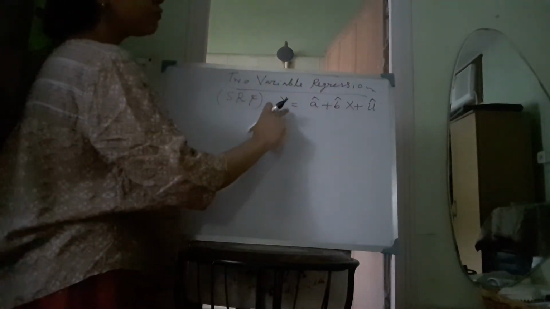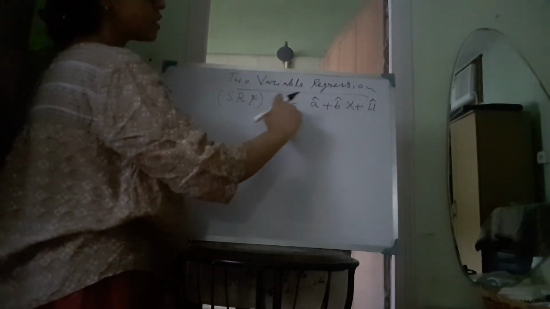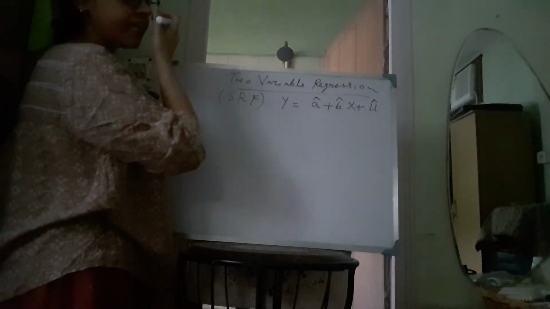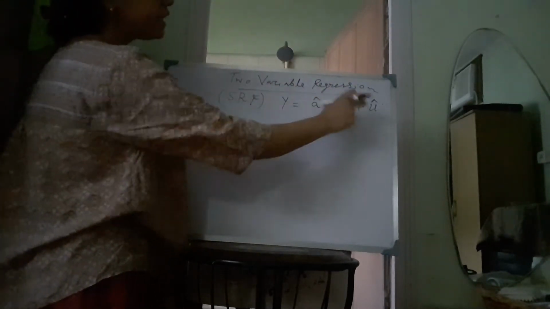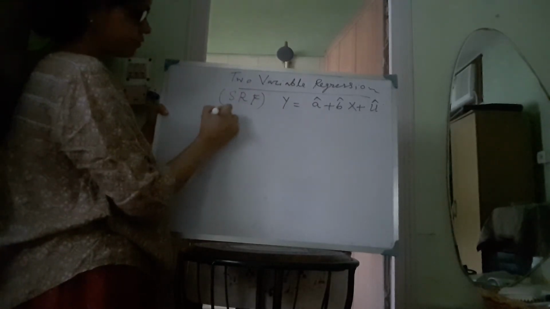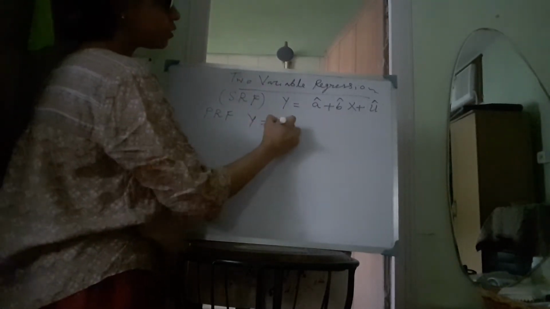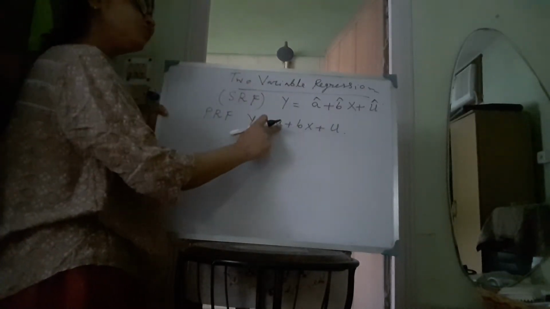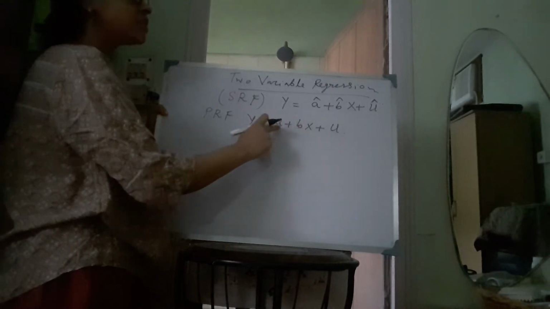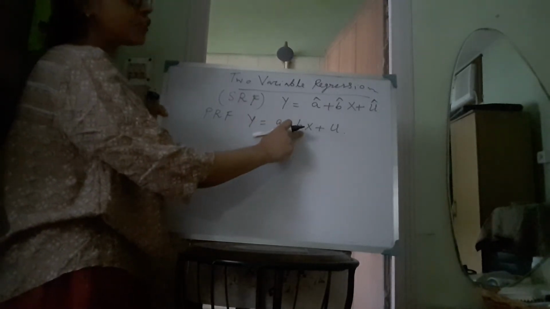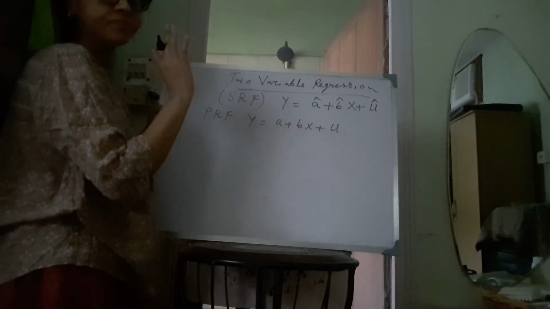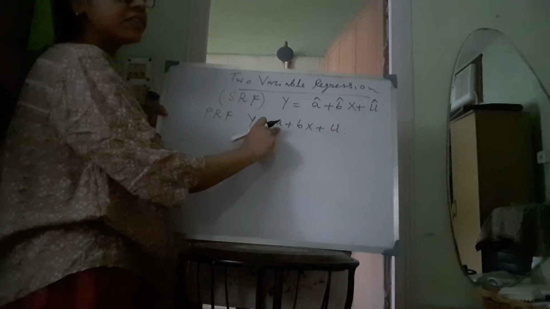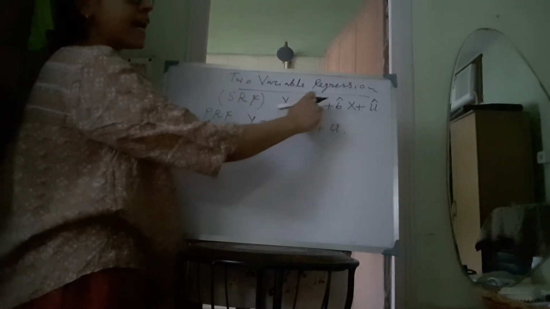When we are dealing with this equation, the SRF, that is the sample regression function, we have to know how to make the prediction. Now, we write the PRF as Y is equal to A plus BX plus U. This is true in the population. Now we do not know A and B. The question arises: how do we estimate A and B? For that we have to do the regression analysis. By applying the ordinary least square method, we can estimate the values of A and B, and we can get A hat and B hat.